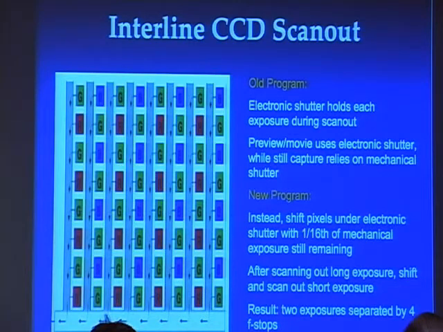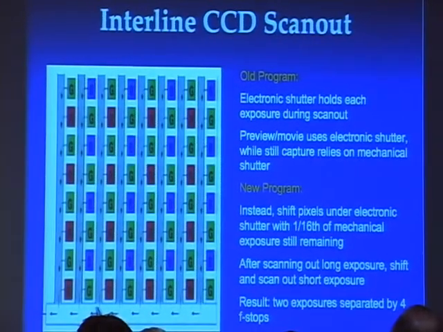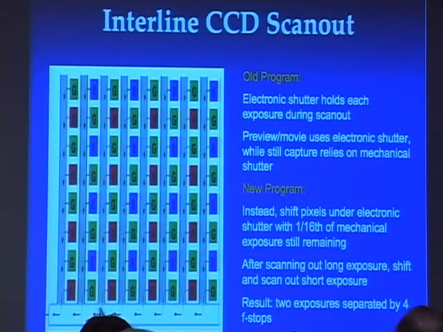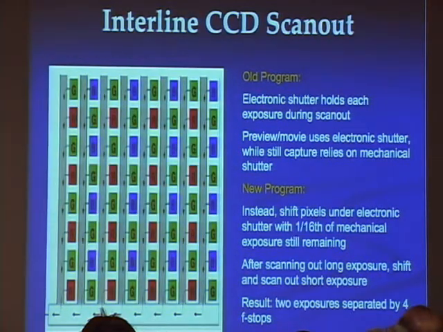A big part of it is just an education process, getting the Japanese manufacturers to change their ways, as Dick will agree is really difficult. So we came up with this method for changing the way a CCD scans out to get 2 exposures in one shutter opening. So the old program, they have this electronic shutter that allows you to take a rather crude